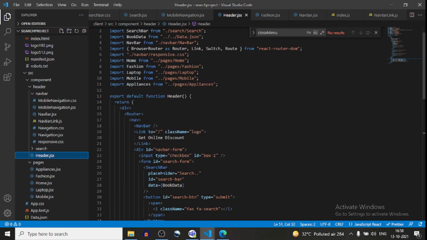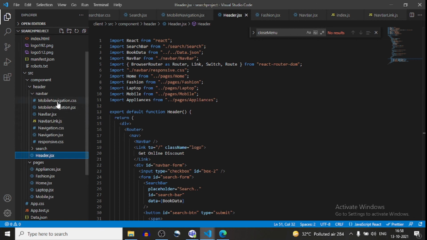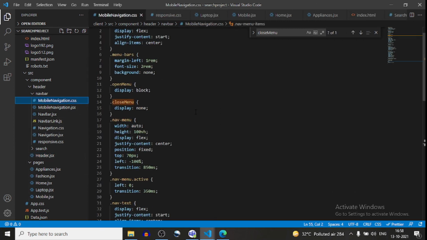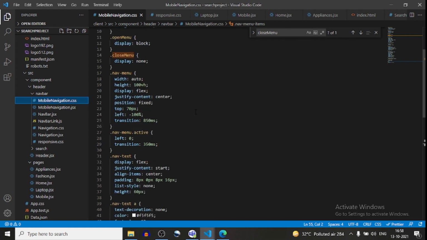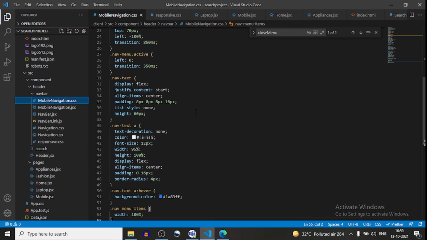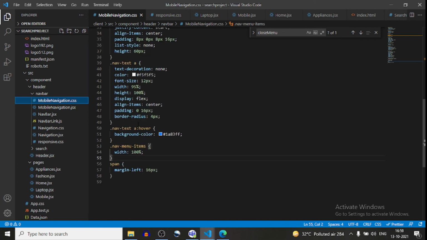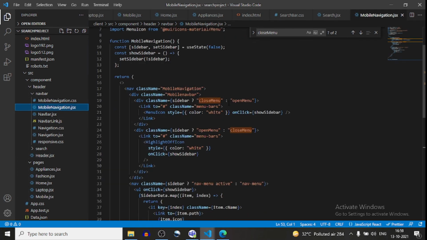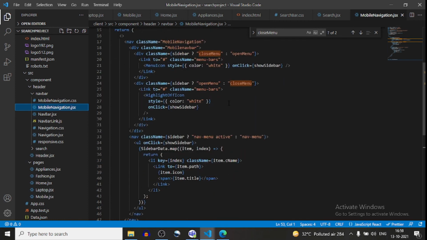All right, now if you want to see the css, here we have mobile navbar and open menu, close menu, nav menu, and you can just read the css and do the practical. Okay, so I'll show you the code slowly.